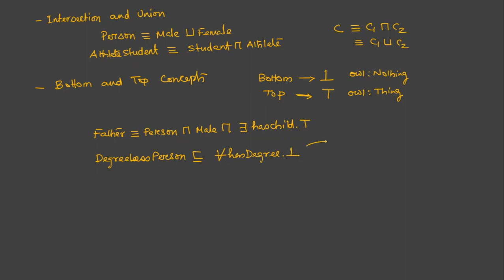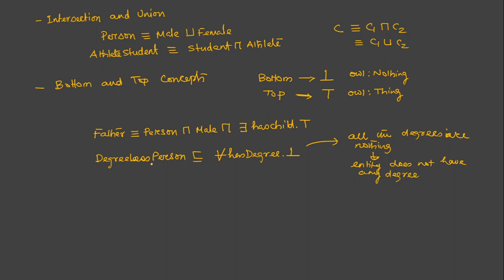So this is equivalent to saying that all the degrees are nothing. And this is basically representing the fact that the entity does not have any degree,